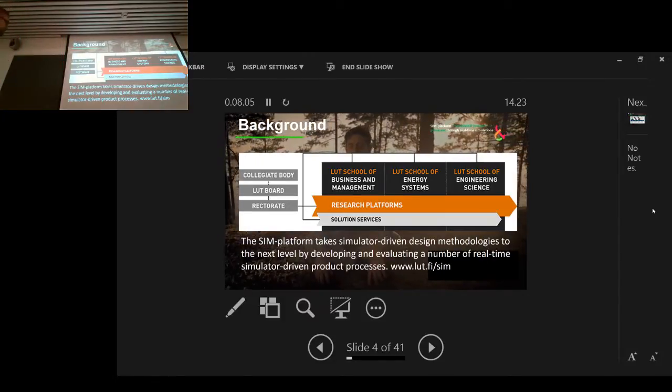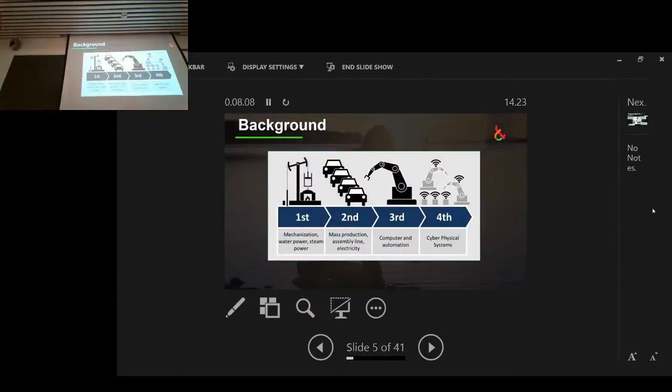Well, that's a little bit about the background. All of what we're doing is related to this picture that I'm sure you are familiar with: Industry 4.0 and the trend towards cyber-physical systems. And that's exactly what we're doing with the help of multibody system dynamics. That is our tool set to look at cyber-physical systems, as a tool to predict what happens in reality. But I'm not going to discuss that any further because this picture is quite often used.